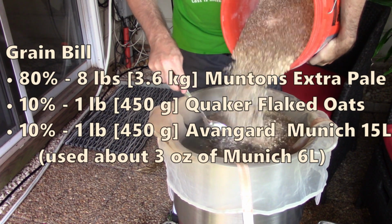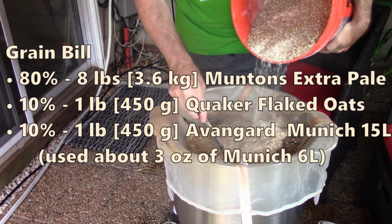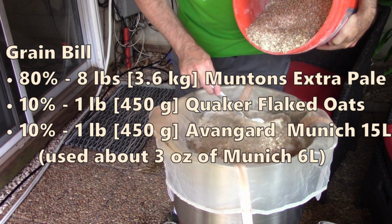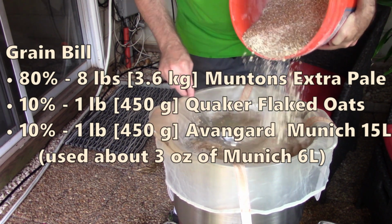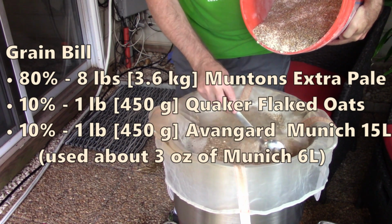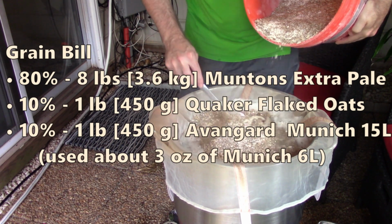The grain bill for this recipe is pretty straightforward. 80% of a pale malt. In this case, I'm using the extra pale from Muntons, but any American 2-row or English pale malt should work fine. 10% flaked oats. I'm just using Quaker that I bought at the grocery store. And 10% of a Munich 15. In this case, I'm using Avangard. Well, actually, I ran out of the Munich 15, so I ended up using a little bit of Munich 6